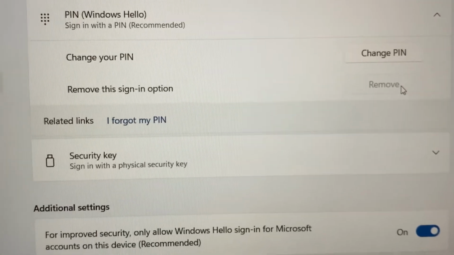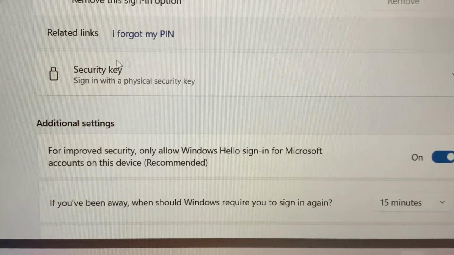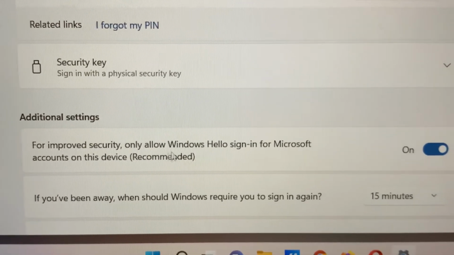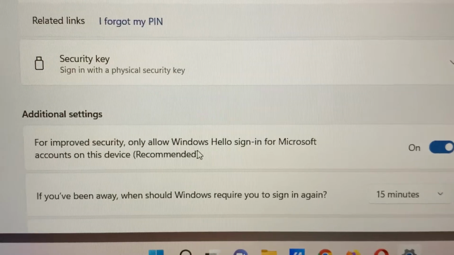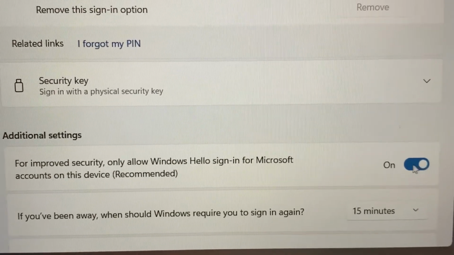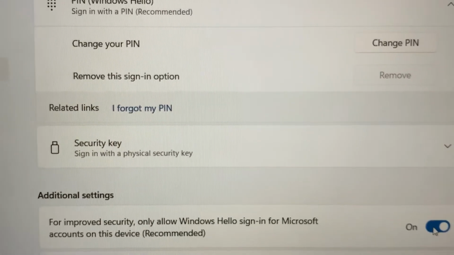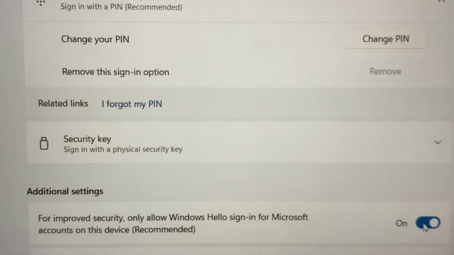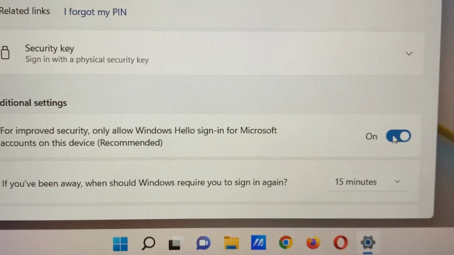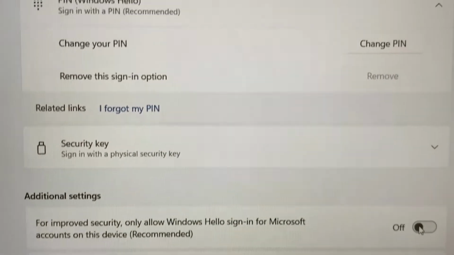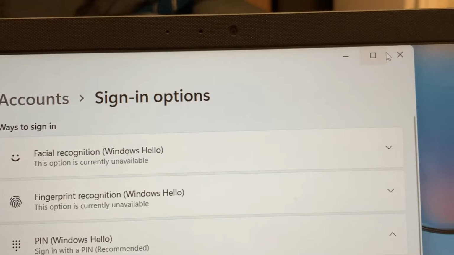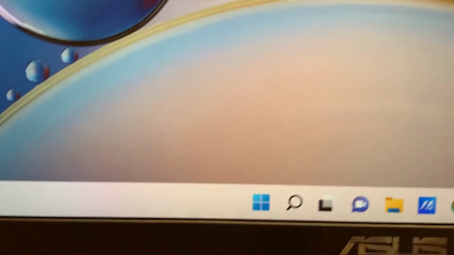So in order to remove this, you go to additional settings. You need to disable "For improved security, only allow Windows Hello sign-in for Microsoft accounts on this device (recommended)". You need to turn it off, and then the remove button will be on. So you need to turn it off, and then you will be able to remove the PIN, but you need to close, and then again go to